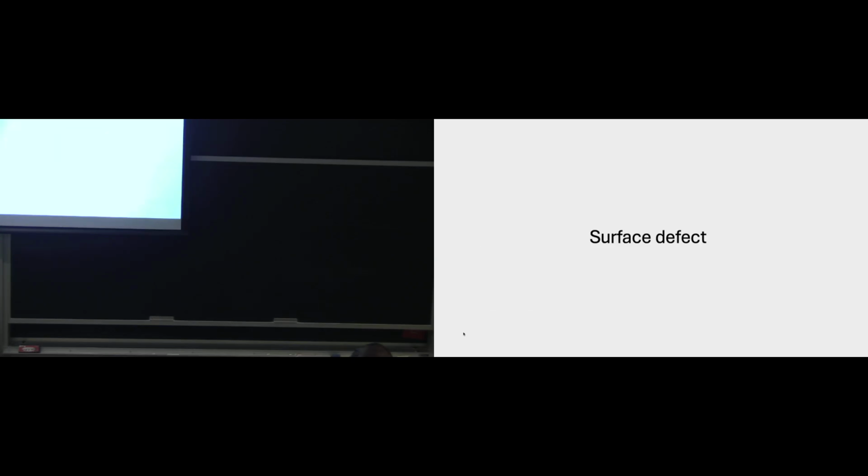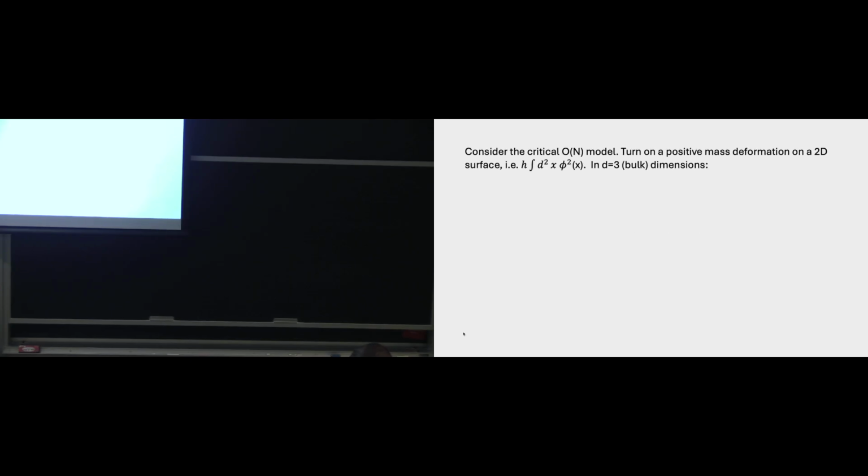So that's a defect setup. Now again we can consider the O(N) model in the full space-time, and we turn on a positive mass deformation on a 2D surface. It means that we add this term to the action, and if the bulk dimension is 3, it flows to an IR fixed point, a defect fixed point, which just cuts this space-time into 2 halves, and each